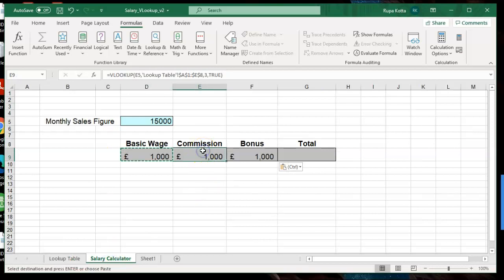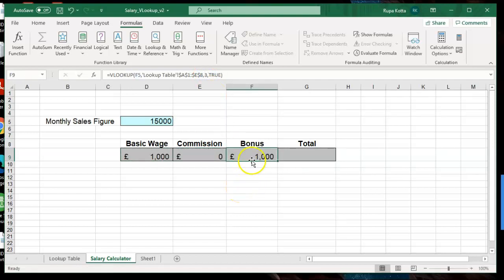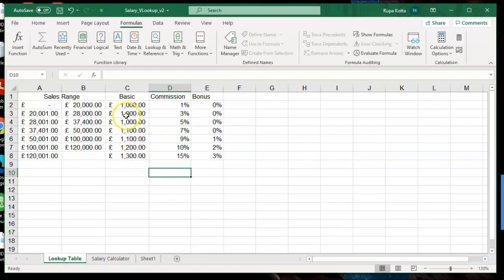So in the next cell where you want to use the commission, change that column number 3 to column number 4. And it is going to calculate the commission. For the bonus, change again the column 3 to column 5 and press enter. It is not calculating any commission because the commission is 1%.